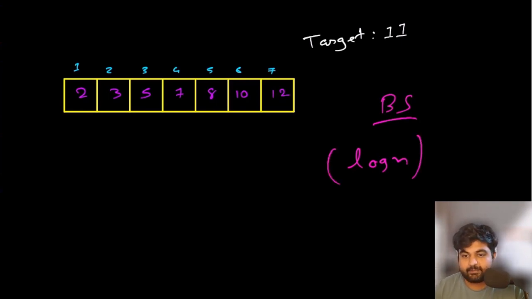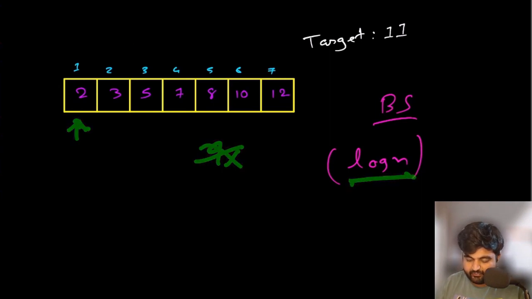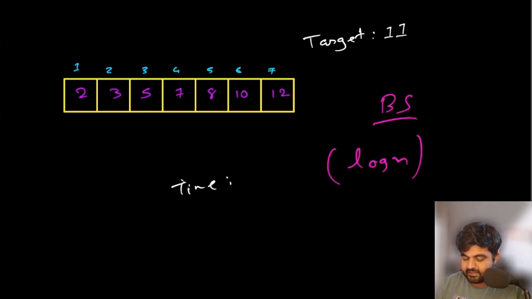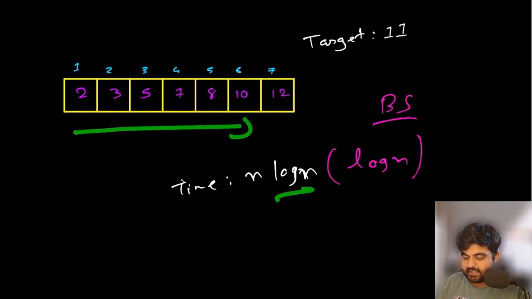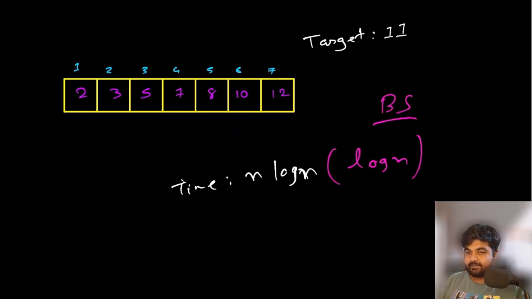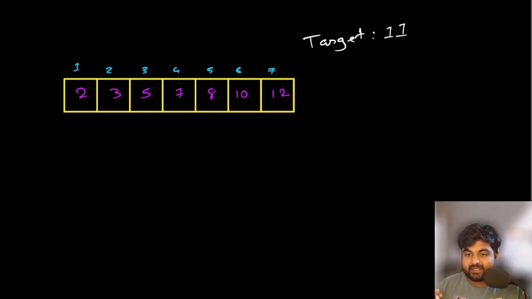Now if we keep on applying the same logic, what would happen is that first for this value number 2, we would identify that okay, 9 does not exist in log n time. Now again for this value, we will try to see whether 8 exists or not. Since 8 already exists, we would be able to return the solution pretty quickly. Everything would be done in n log n time, because n is the number of elements that are given over here, and log n is to do binary search on the remaining part of the sorted array. So this is also a very good approach, but there exists a better approach than this.